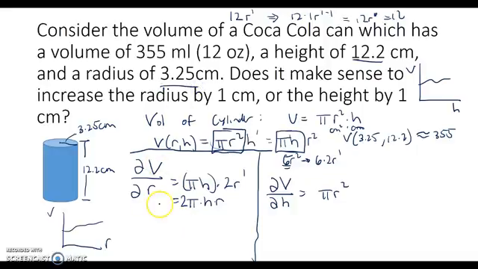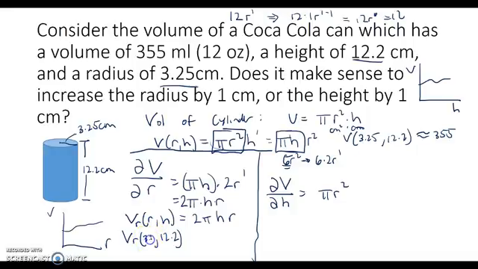So another way I could write this to make it a little more sensible is to write the derivative, the partial of v with respect to r, as v sub r of r, h, and that is equal to what we just calculated, 2 pi h r. Okay, so now if I wanted to look at what the volume will change by if I treat h as a constant, and right now the height is constant at 12.2 centimeters,